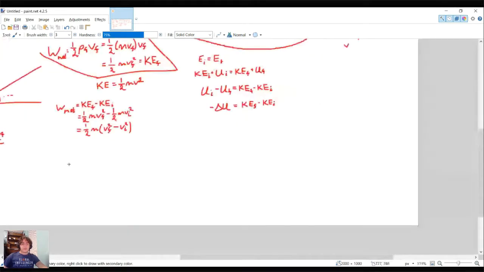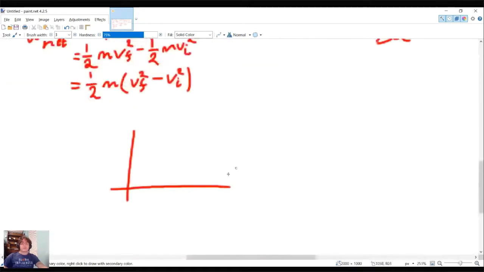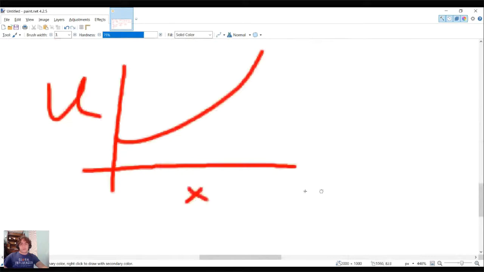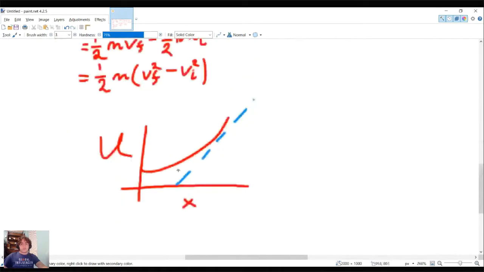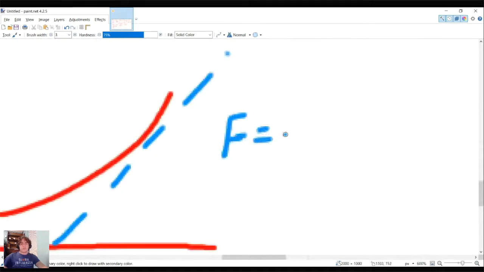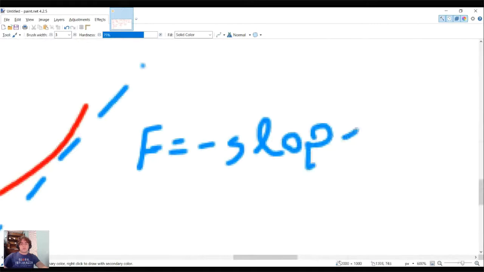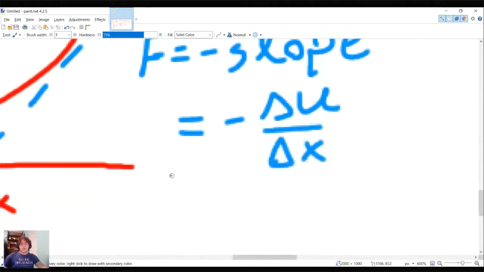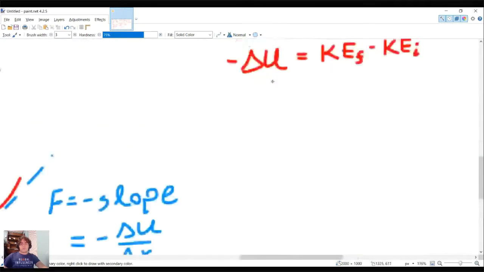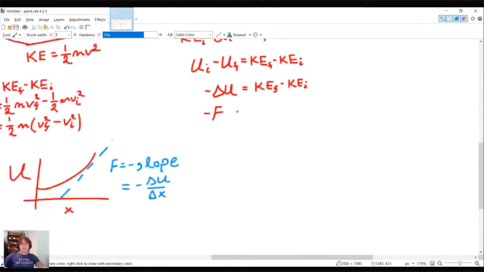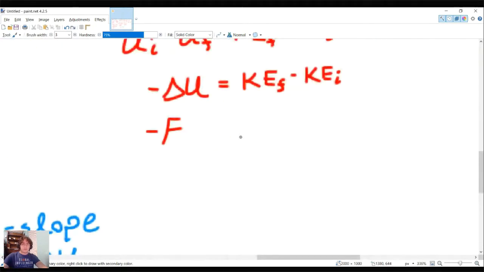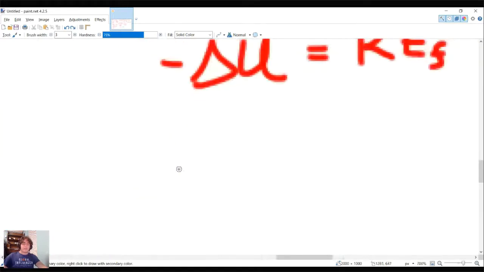How a force is more rigorously defined is you have some potential energy, and maybe it looks like this, and then it has some tangent slope like that. We'll say this is U as a function of x. There's some tangent slope right there, and the force is equal to negative slope. That's just negative delta U over delta x. So this is negative F delta x. Or rather, it's just F delta x, right? Because that slope is negative and the negative signs cancel out. F delta x